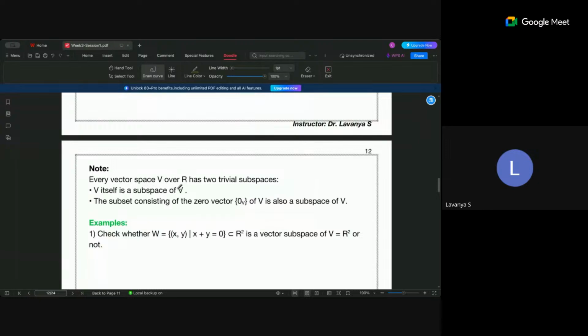Every vector space V over R has two trivial subspaces. What are the trivial subspaces? V itself is a subspace, of course. We can always consider the whole set as a subset of itself. So V itself is a subspace of V, and always the zero vector. Remember, as I told you, zero vector need not be the origin. Zero vector means with respect to that addition and scalar multiplication. If you take the singleton set of this zero vector, then that is always